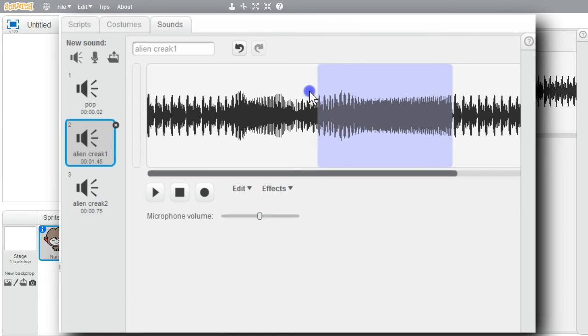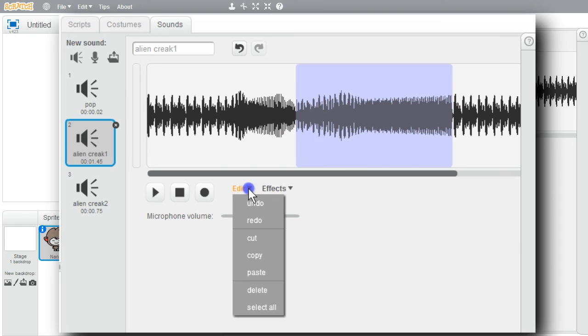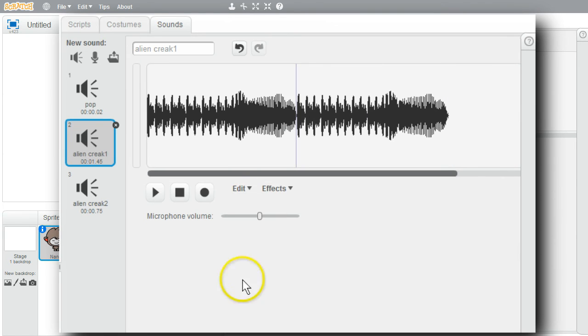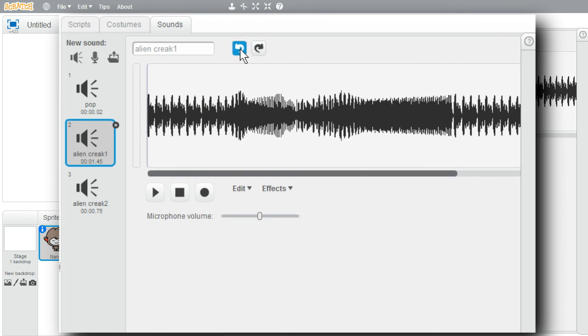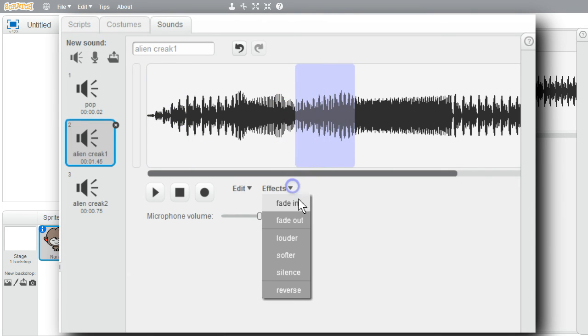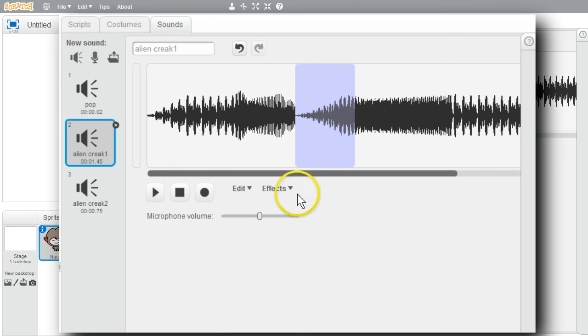The middle part's reversed again. I can delete part of the clip. Highlight. Delete. I'll play the clip. That middle section's gone. I can undo the delete. Now I have the 3 clips. I can fade the beginning of the clip so the clip doesn't start so abruptly. Fade in. Fade in can be used in the middle of a clip too. Effects, fade in. The volume was reduced much more at the beginning of the fade in clips than at the